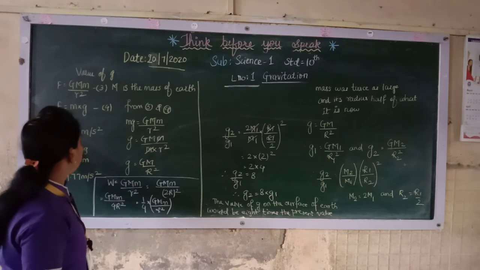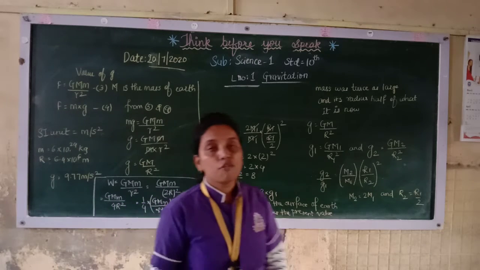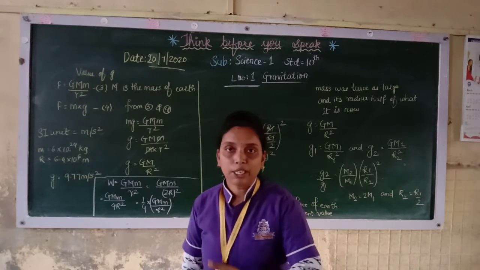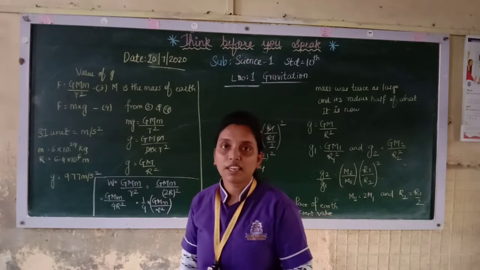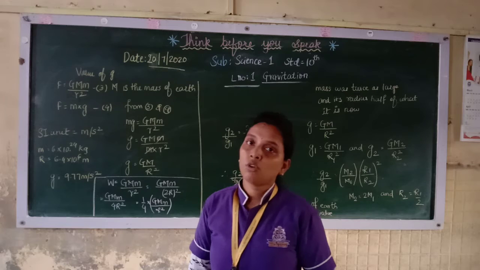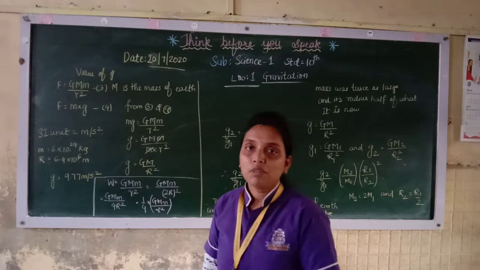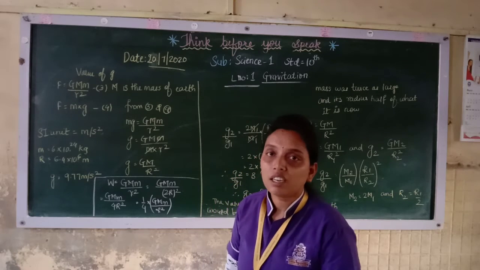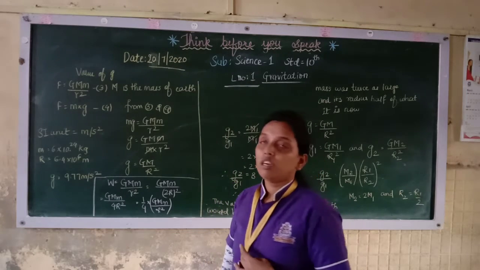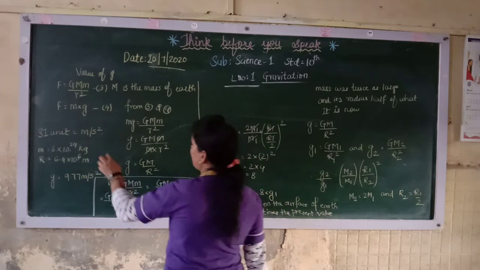Now see, this g is acceleration, so here you will get meter per second square. For velocity the unit is meter per second. Velocity is displacement upon time. Displacement will be in meter, time is in second, so you will have meter per second. So acceleration is meter per second square. This you must be knowing because acceleration is the rate of change of velocity. Velocity is meter per second, time is second, so it will be meter per second into another per second, so it becomes meter per second square. So remember the SI unit of g, that is acceleration due to gravity, is meter per second square.